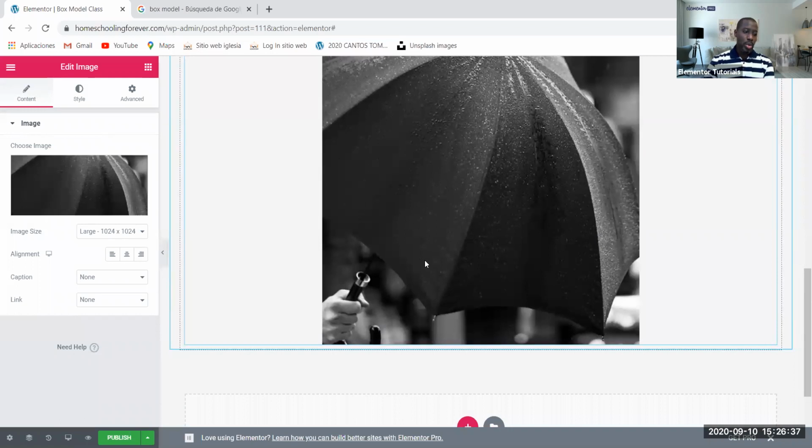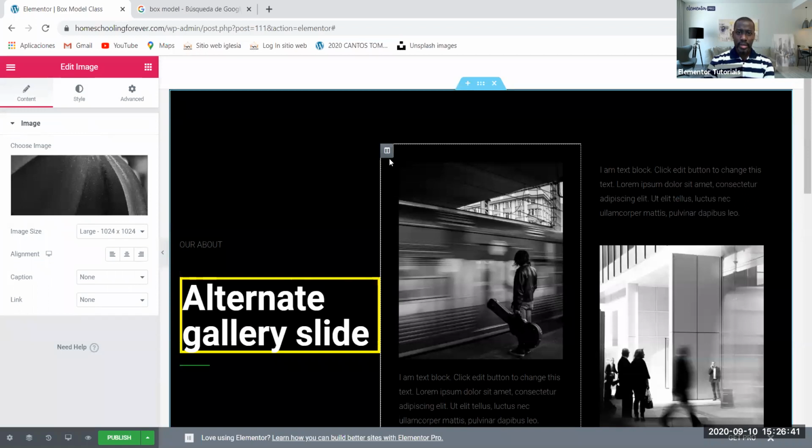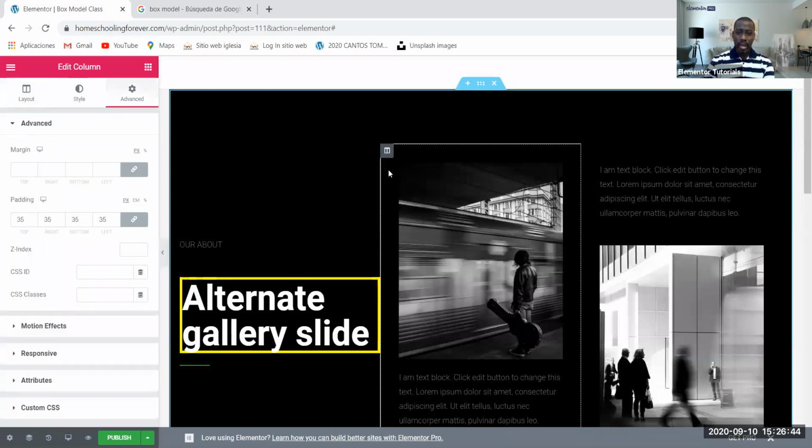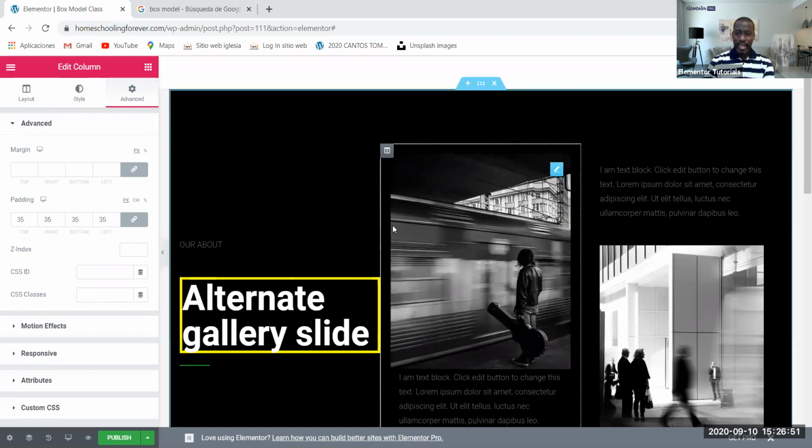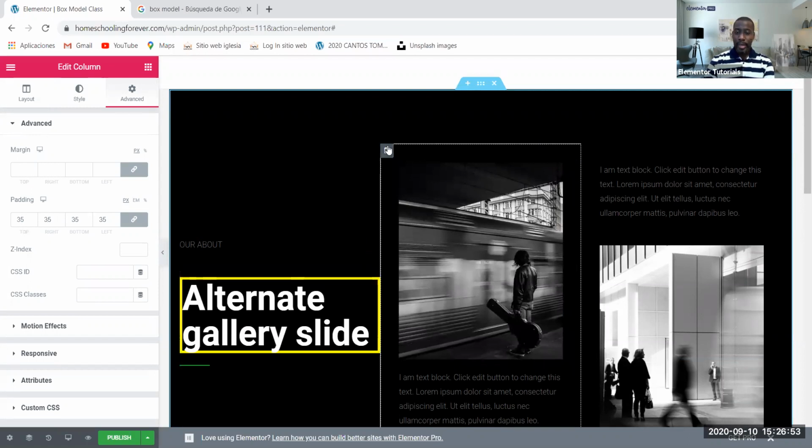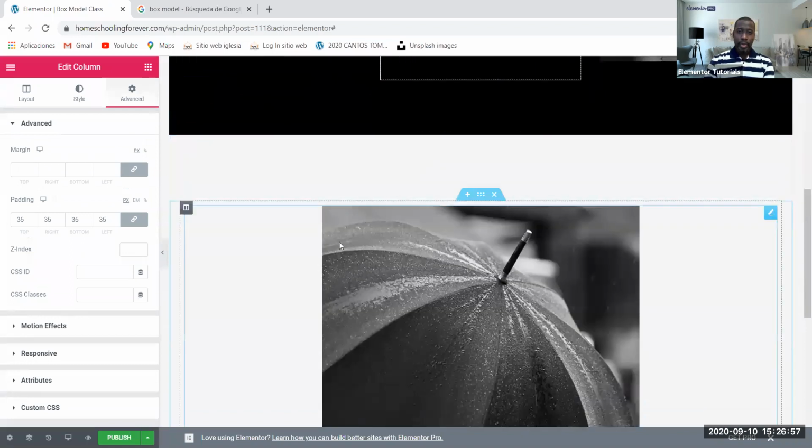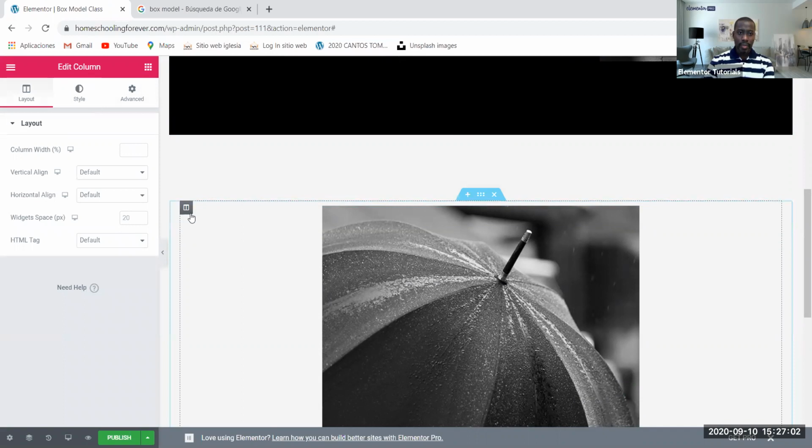Okay, so what I want to do is put some padding on this just to illustrate this. So here there is a column and there is a pattern around. As we saw, it has 35 and it creates a space between the image and the imaginary border of this column. But here I have the column, edit column, and the image is just right at the top. So let's see if I can add some padding to this